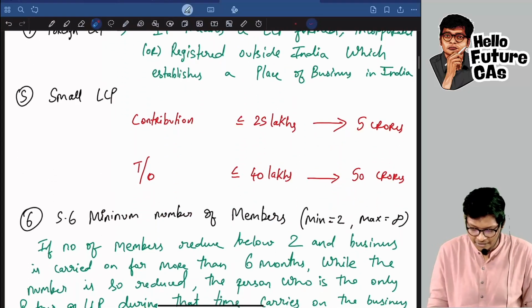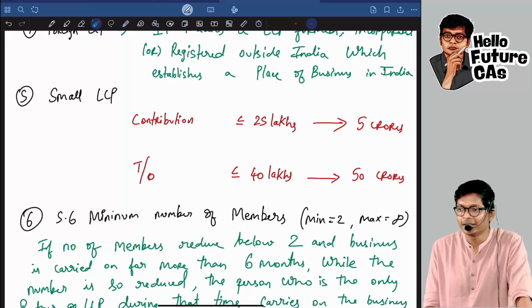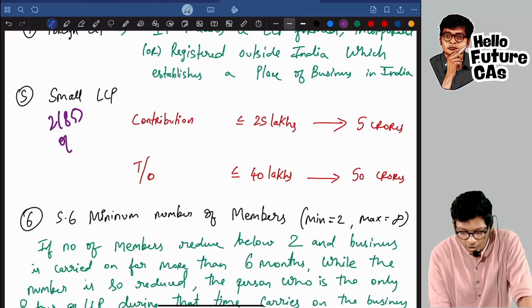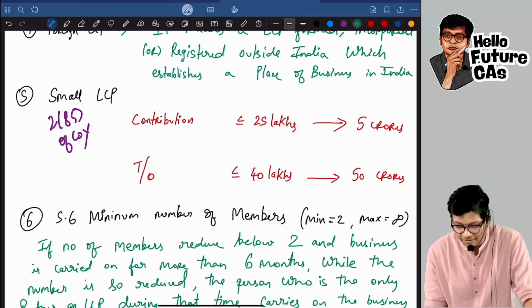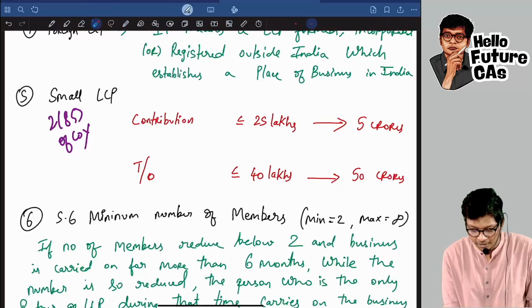That's it. Okay. Next is small LLP. Don't worry. You have small company. What is small company? Section 2 subsection 85 of Companies Act. Let me revise Companies Act. Small company, what is the limit? If you remember, guys, if you remember,